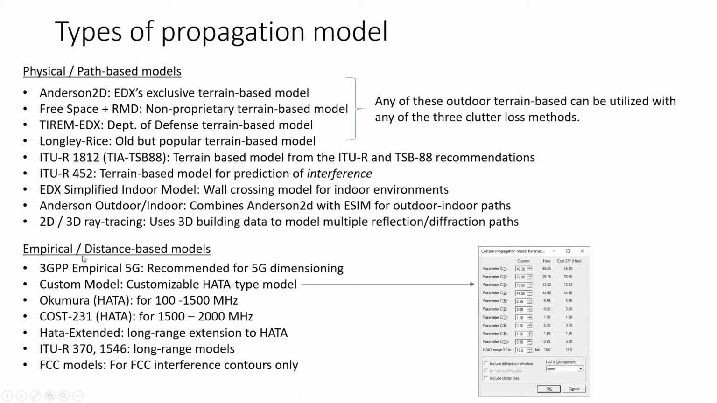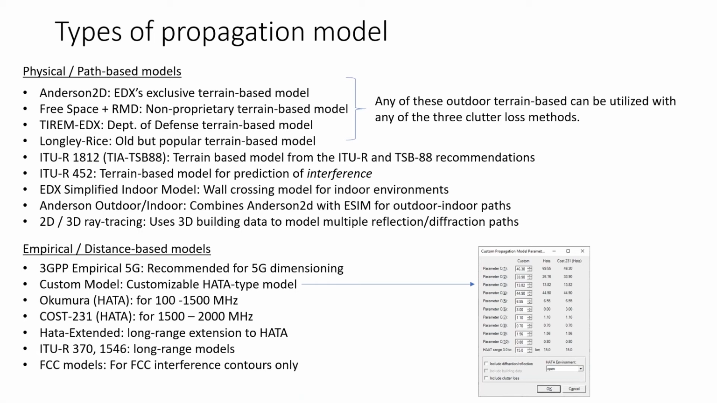Empirical, or what I sometimes call distance-based models, are designed to work well in situations where you do not have a highly detailed model of the environment. So if I only have very low resolution terrain data, and maybe I don't have any clutter data at all, or maybe the clutter data I have is badly out of date or too coarse, in those cases, the nice thing about an empirical model is that it's very consistent with the results it gives you,